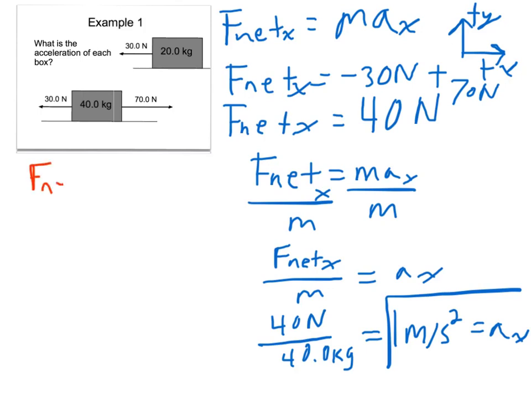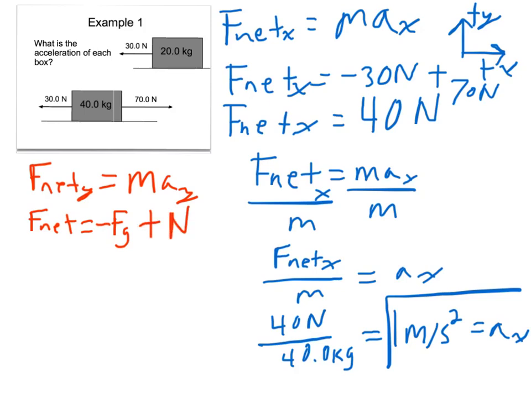F net y equals mass times acceleration in y. My y forces will be gravity, which is pointing down, so negative Fg. Normal force, which is pointing up, so positive. The force of gravity on that box, its mass is 40 kilograms. Force of gravity, or weight, is mass times gravity. Gravity is 10 newtons per kilogram, so 40 kilograms times 10 newtons per kilogram